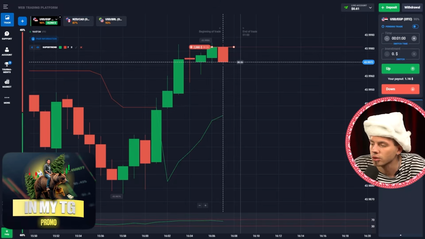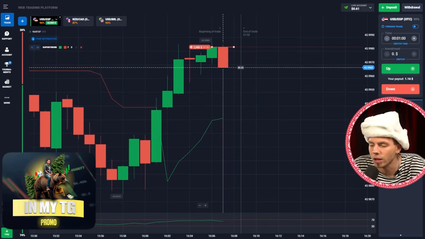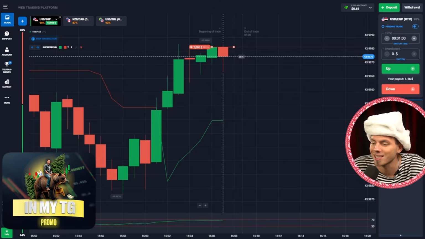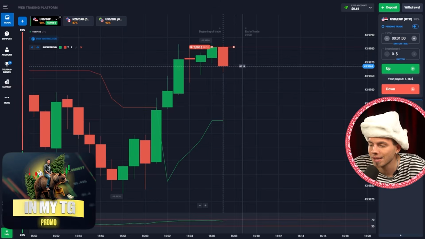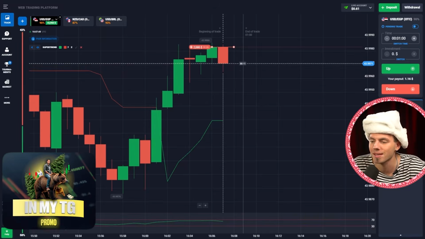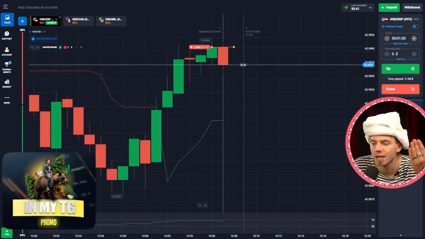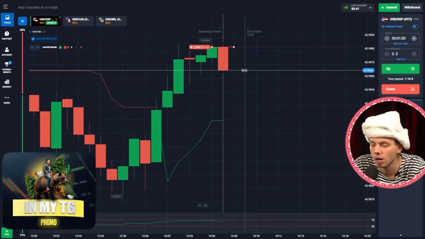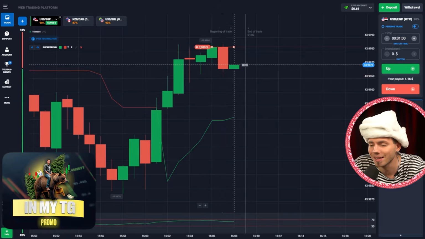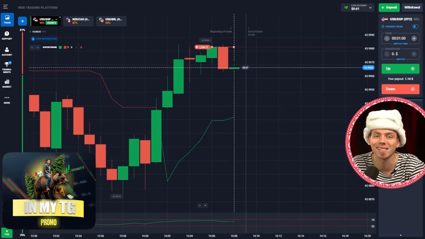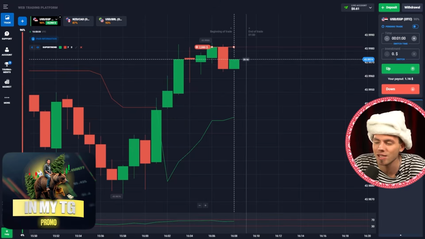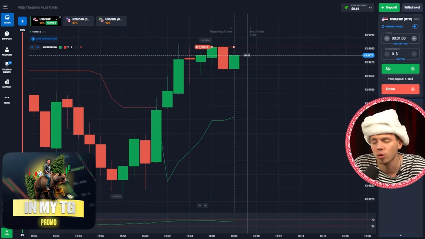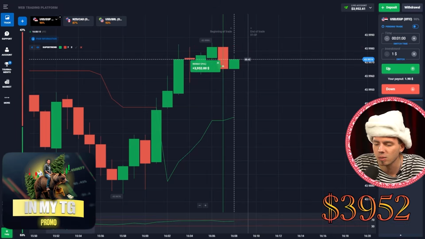The oscillator is close to overbought as well, if you take a look at the RSI indicator, okay? So here we can already see the price is strongly oscillating. Well, that's the normal behavior when the price is about to reverse from going up to going down, okay? So all these indicators are worth considering when you want to make good profits, guys. And before moving on to trading, make sure you understand how these indicators work, because once you know how they work, they will definitely help you out in all situations, okay? Yes, we got a trade closed,